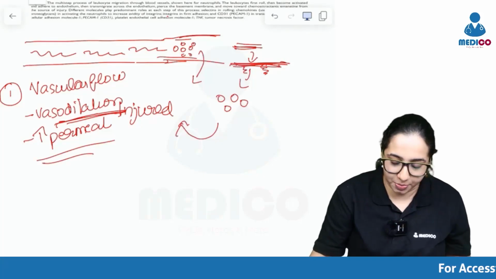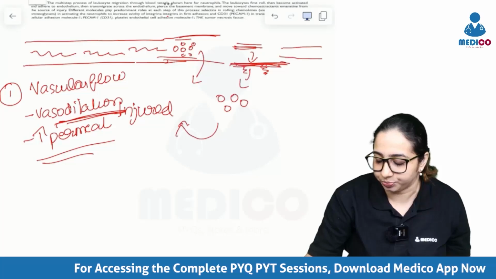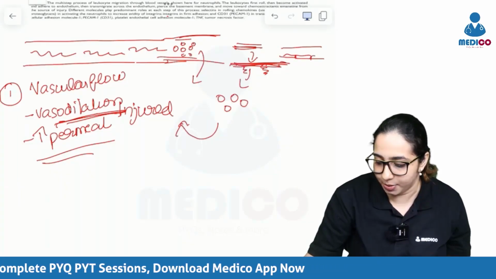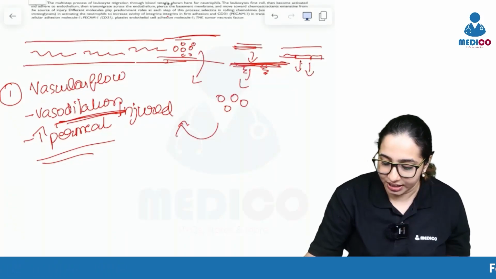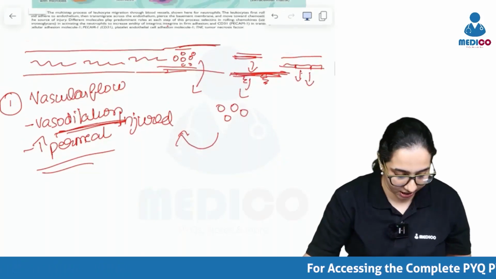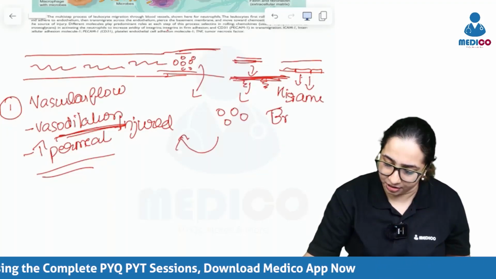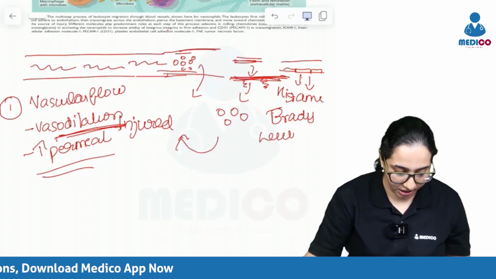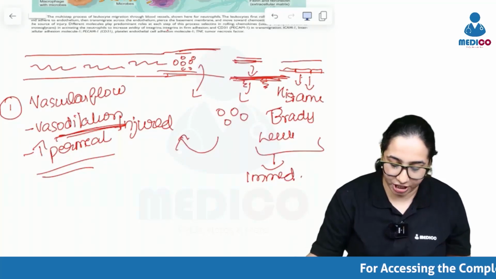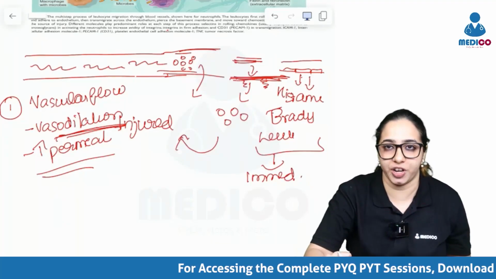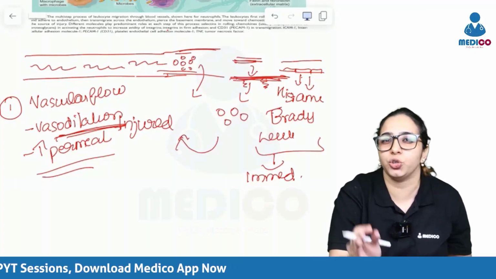Now, how does this increased permeability happen? The endothelial cells that line the blood vessel contract. Along with contraction, they release some particles. These are known as histamine, bradykinin, leukotriene, and that is the immediate response. So in the immediate response, you have contraction of endothelial cells, release of histamine, bradykinin, and leukotrienes, all of which lead to